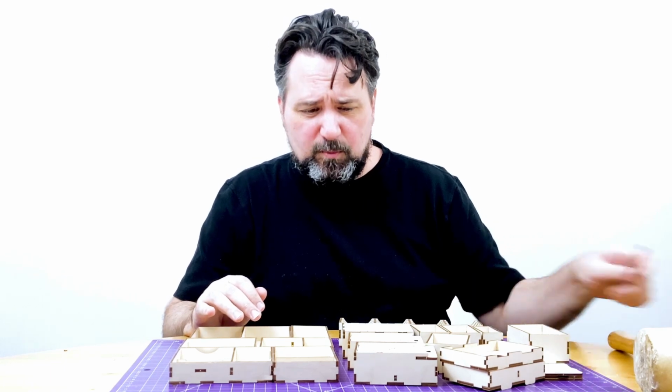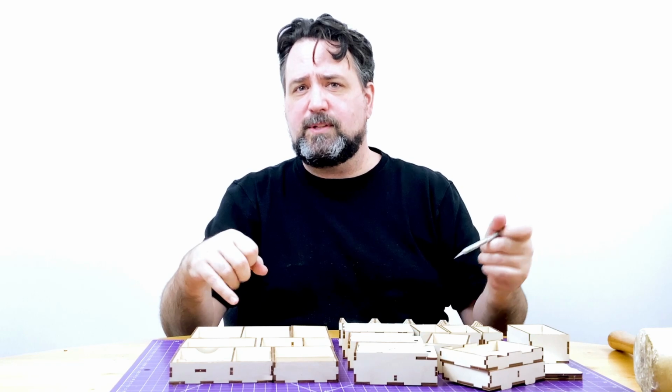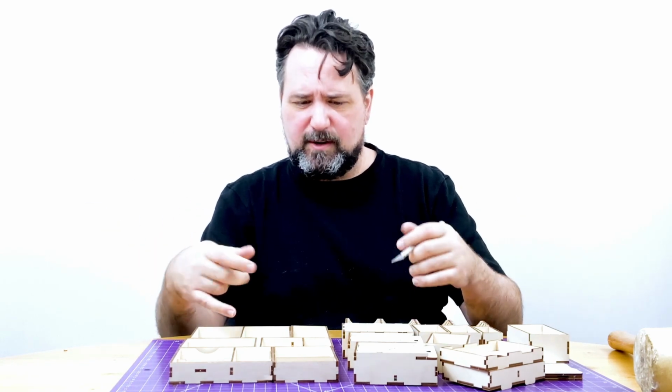And the last thing I'll mention was I did need to cut a few of the pieces out. One kind of bummer was in the expansion insert, the